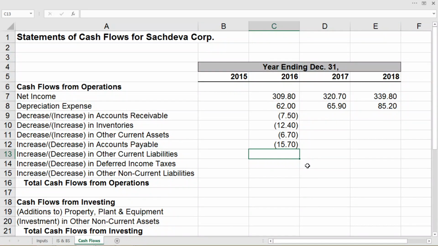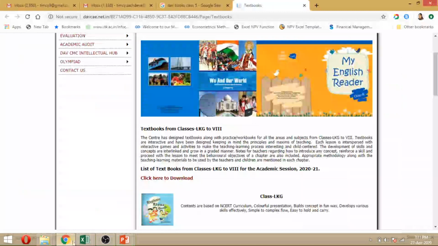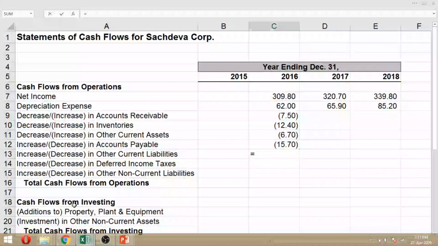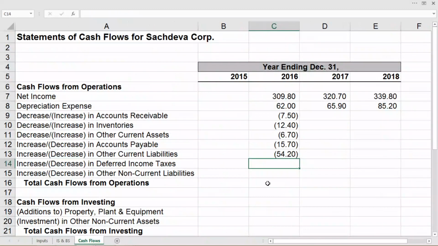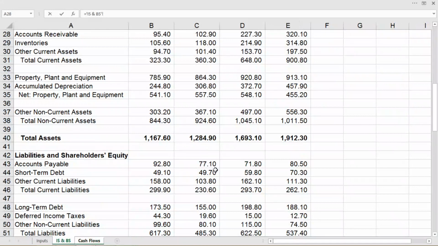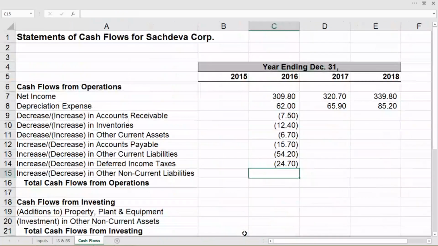Now calculate other current liabilities, equal to this sheet, other current liabilities, it is C45 minus B45 and enter. Now to calculate deferred income tax, we have equal to C49 minus B49 and enter.